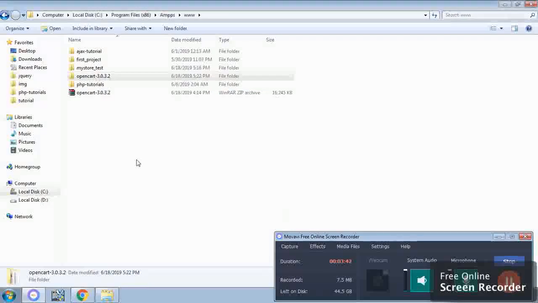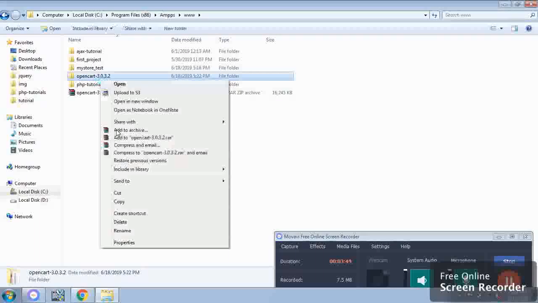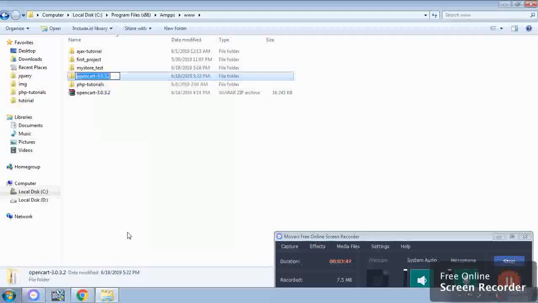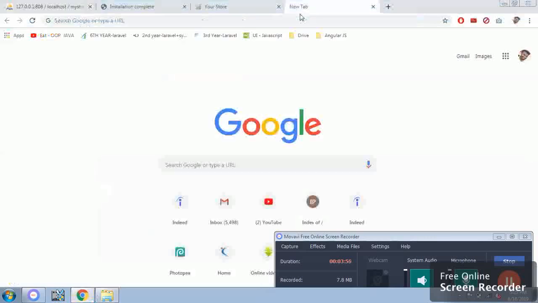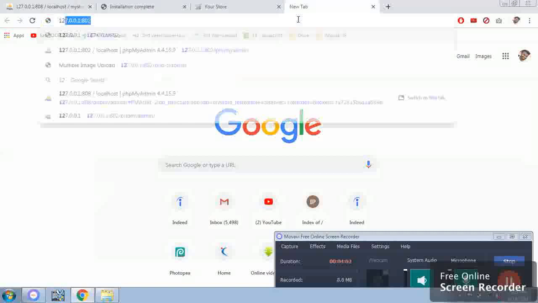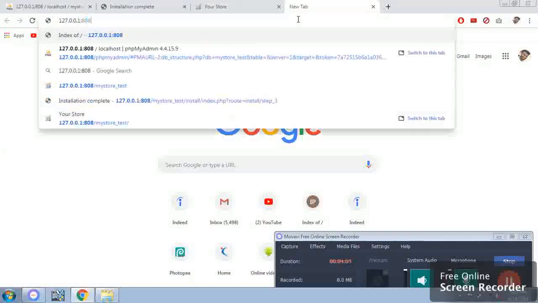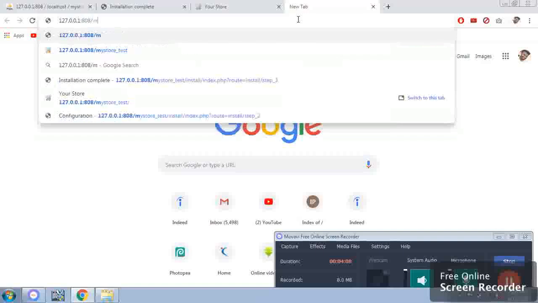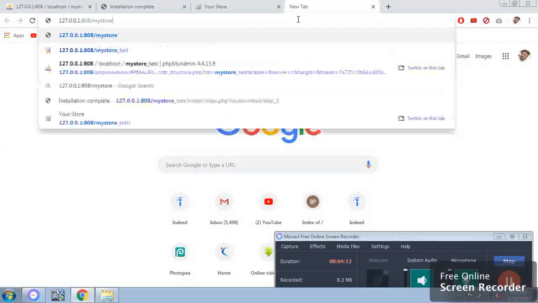Now all the files are extracted. Now we are going to rename it to my store. I'm keeping the database name and the folder name the same. Now you can access it with localhost IP 127.0.0.1. In my case, I have changed my port to 808 and my folder name, which will open